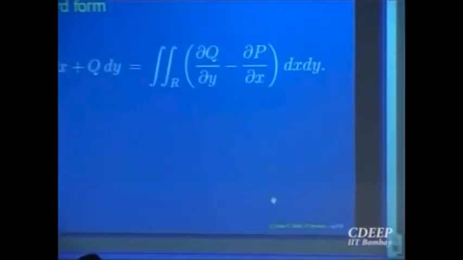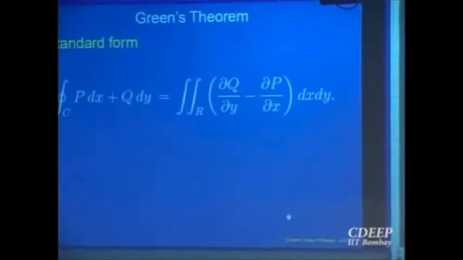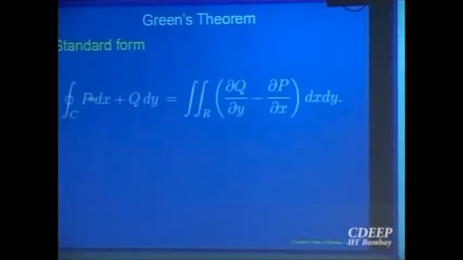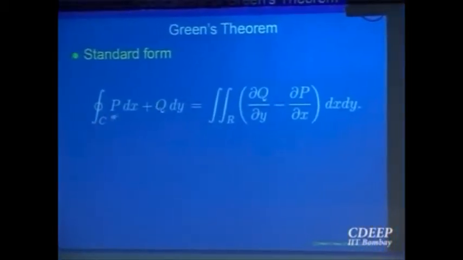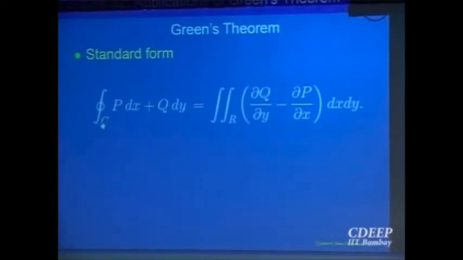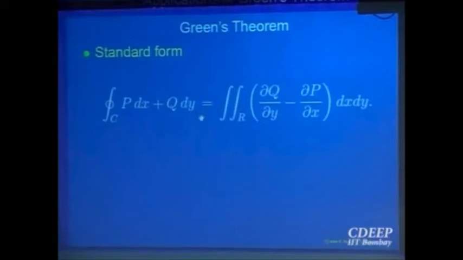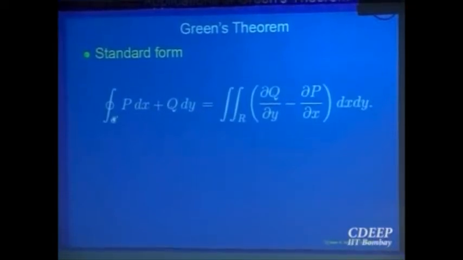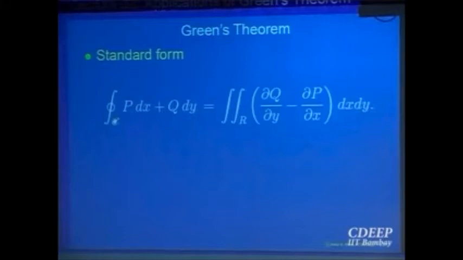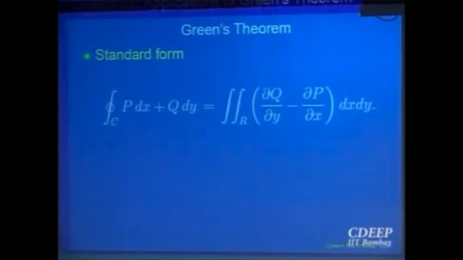Okay, let us start recalling that we were looking at Green's theorem and its applications. We proved various forms of Green's theorem, so let me just recall them. The standard form of Green's theorem: if you have a vector field which is Pi plus Qj in the plane and C is a curve which is oriented anti-clockwise, then it can be represented in terms of a double integral. R is the region enclosed by C. That is the standard form of Green's theorem.